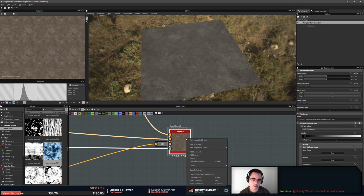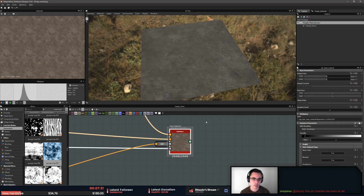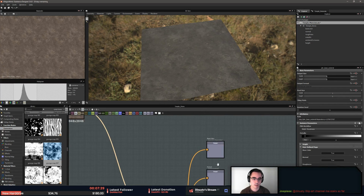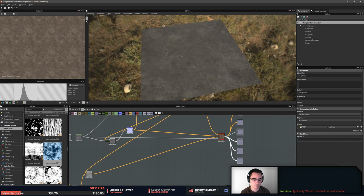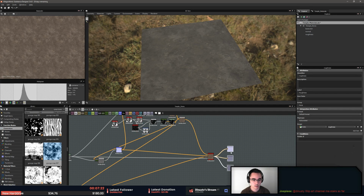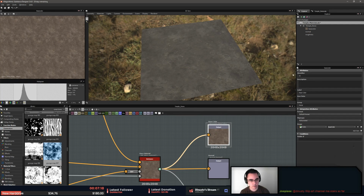So if you right click on this base material, you can get a create outputs node. Create output nodes. Create nodes for hidden connectors, and I'm just saying no because I just want the nodes I'm interested in, which is the base color, the normal, and the roughness. So these guys, I'm just deleting those. So now that we have output nodes, we name the identifiers like what I would name them in